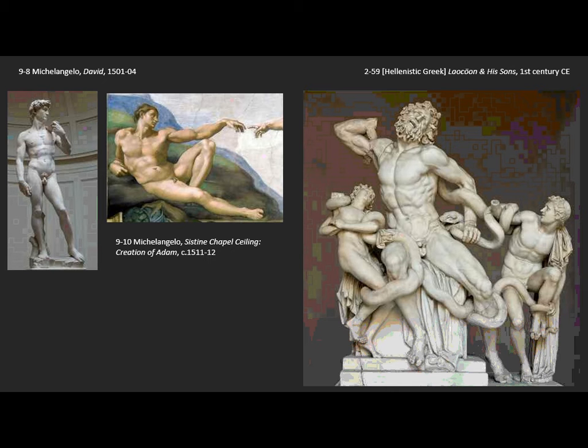It had belonged to the Roman Emperor Titus back in the 1st century, and it was unearthed by archaeologists working for Pope Julius II. And when they began to dig it up, it was well known through literature. When they began to dig it up and realize what it was, Pope Julius called all of his court artists to the site. So Michelangelo was actually there as they dragged this out of the earth.